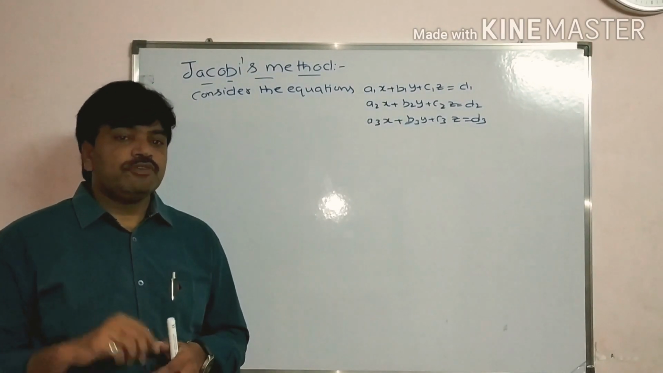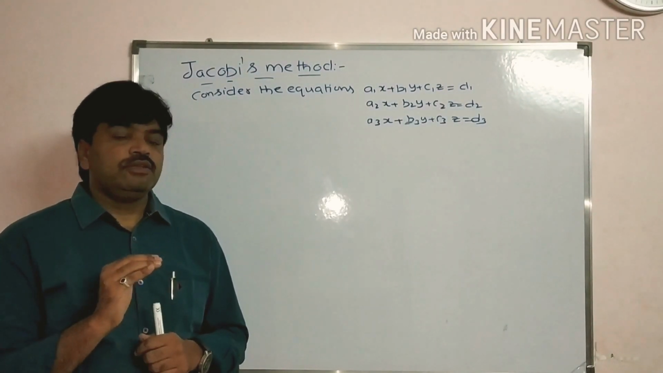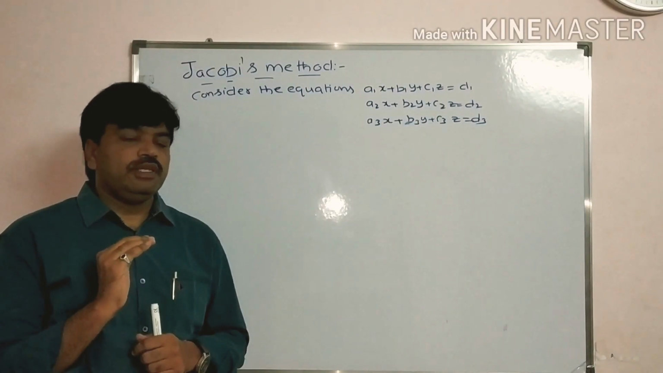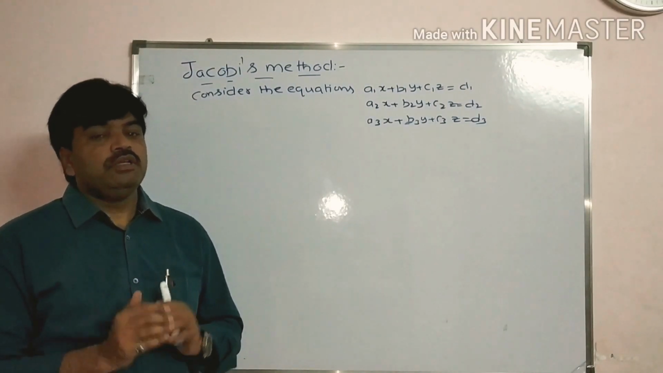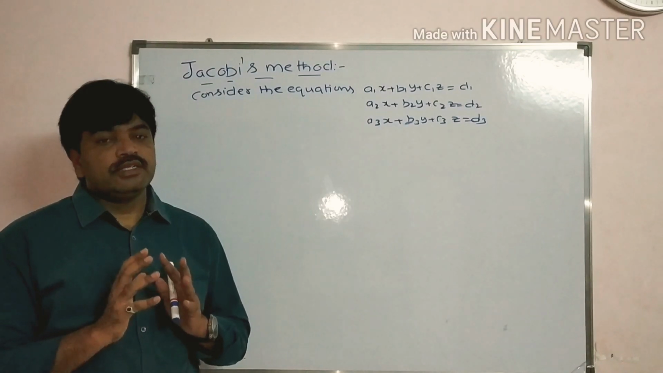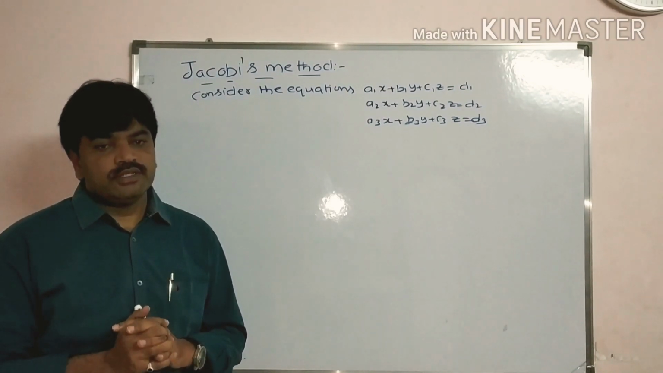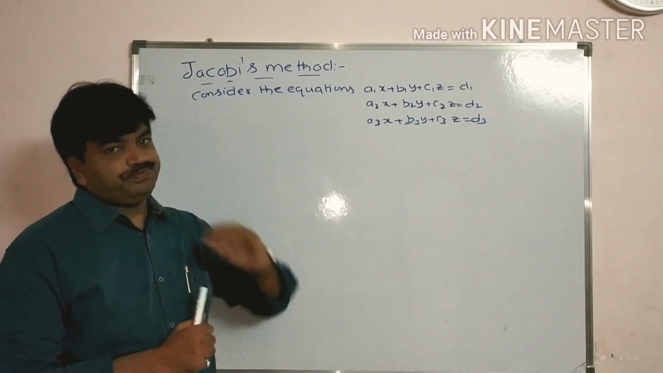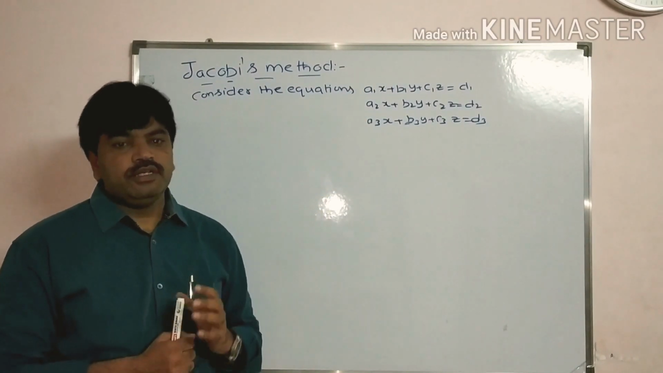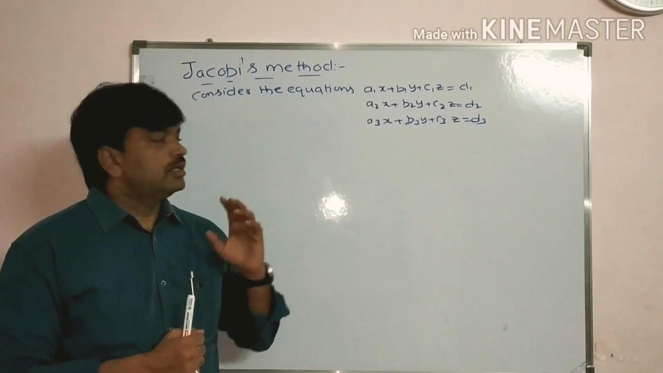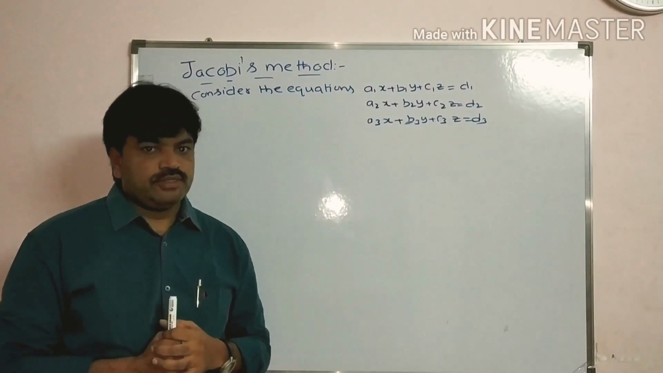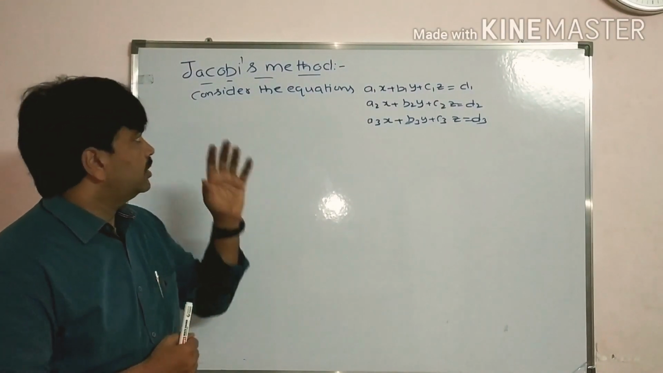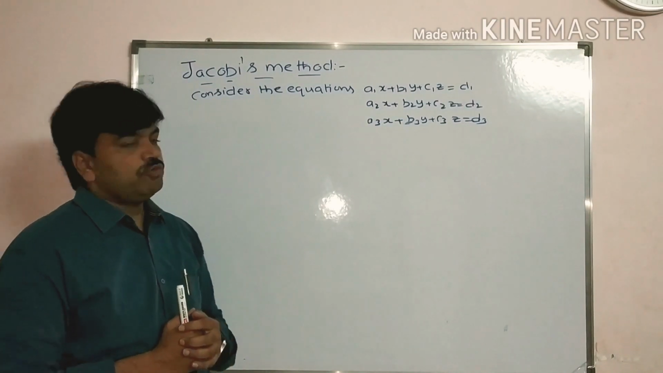Previously, we had only one equation, and we were finding the solution or root of that equation. Now here we have simultaneous equations. We are finding the solution for x, y, z, students. Now here Jacobi's method says